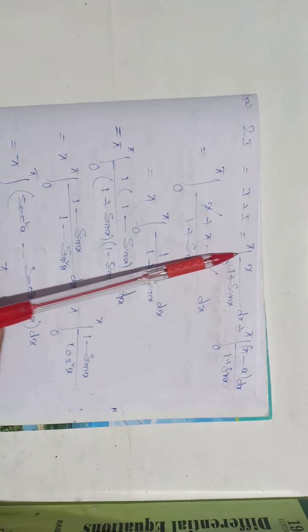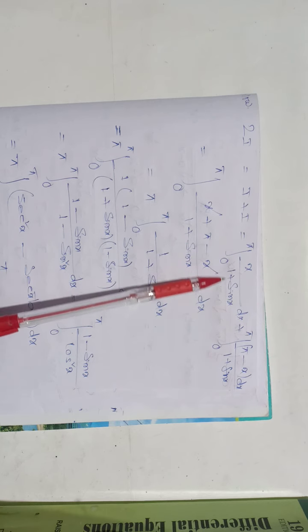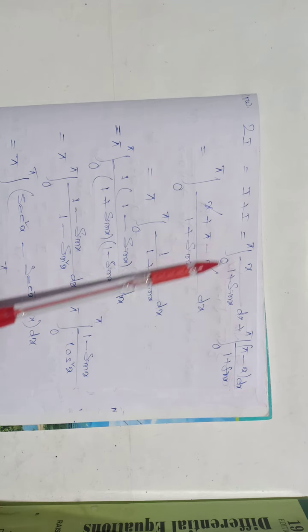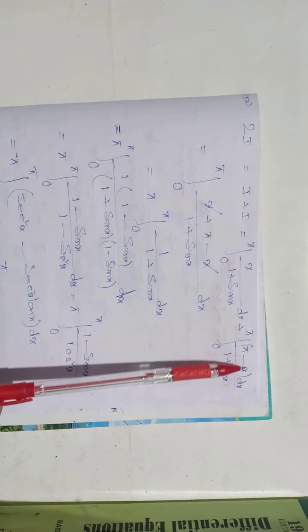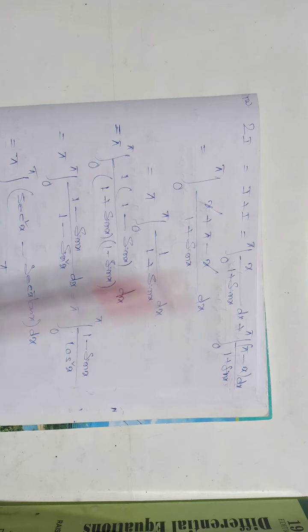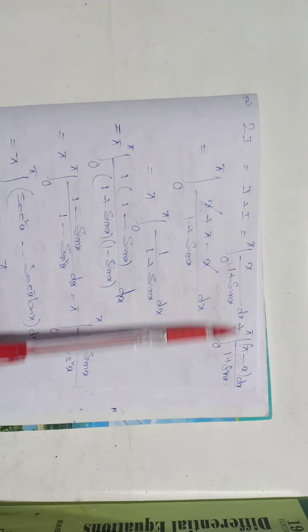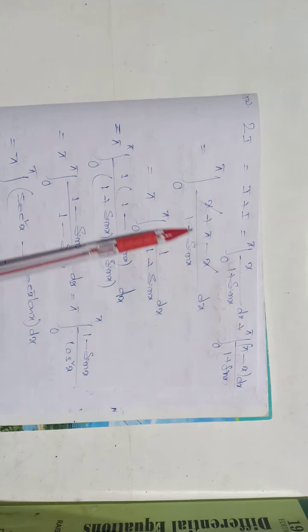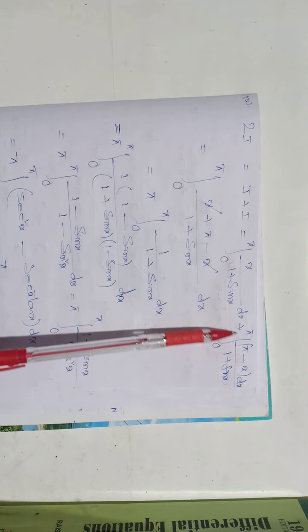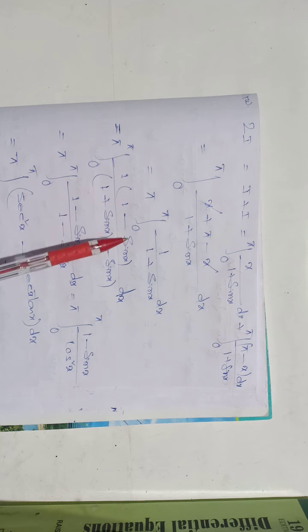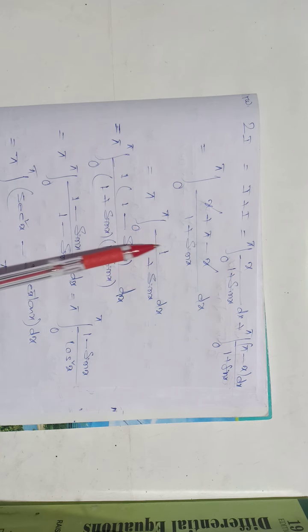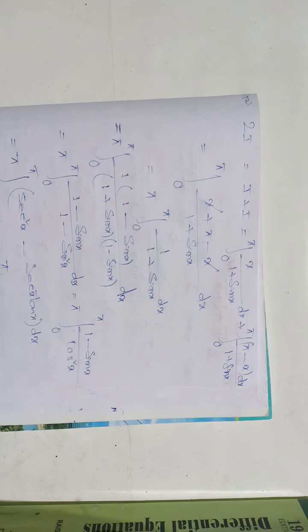The given question says the integral from 0 to pi of x by 1 plus sin x, and its reduced form is, we have got the integral from 0 to pi of (pi minus x) dx by 1 plus sin x. Now see, the denominator is the same, so 1 plus sin x is the LCM, so x plus pi minus x, the x cancels, leaving pi, the integral from 0 to pi of 1 by 1 plus sin x dx.